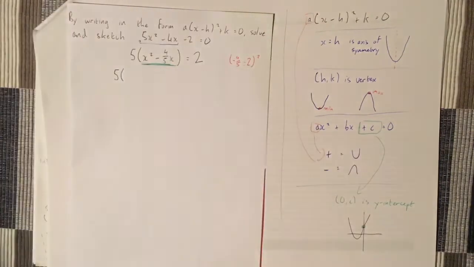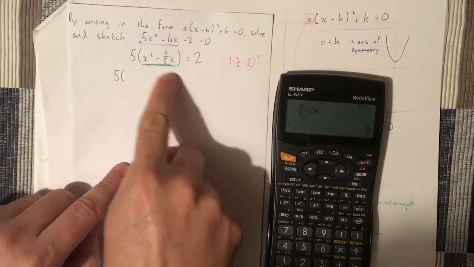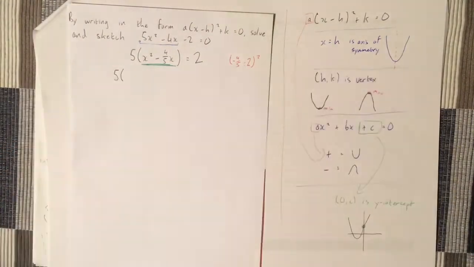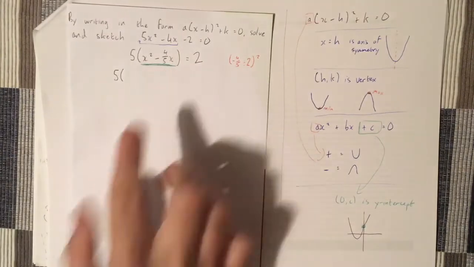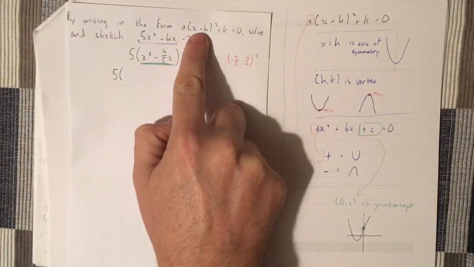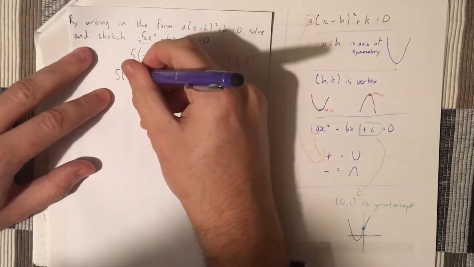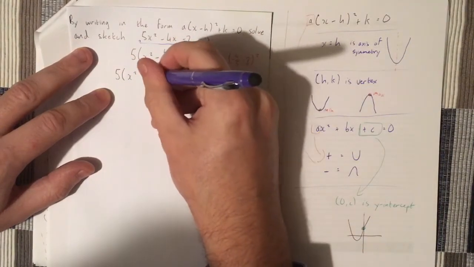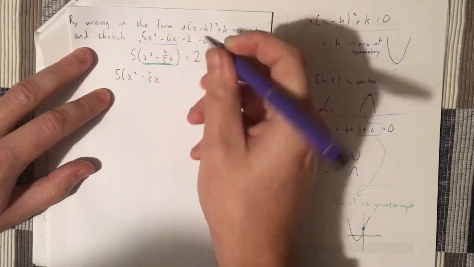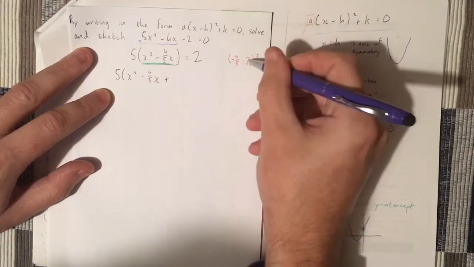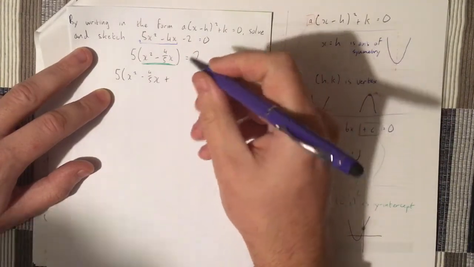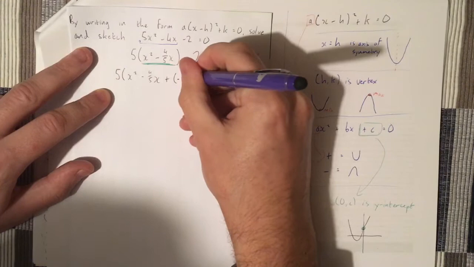So that's what I'm going to put into this bracket, so that I can change it to a binomial squared. So I've got my x squared, I've got my minus 4 over 5x, and then I'm going to add on this squared, so plus minus 2 over 5